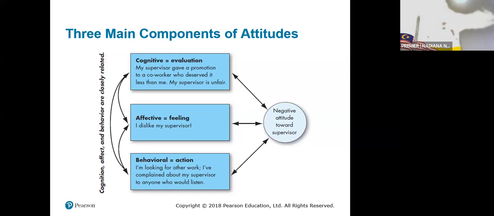Similar in education. Either you have a negative attitude towards your lecturer, or you have a positive attitude towards your lecturer. Some people are very scared of their lecturer, and then assume or always label their lecturer as very sarcastic. If you cannot register for his or her classes, you try to run away from their classes. That is in class. Okay.